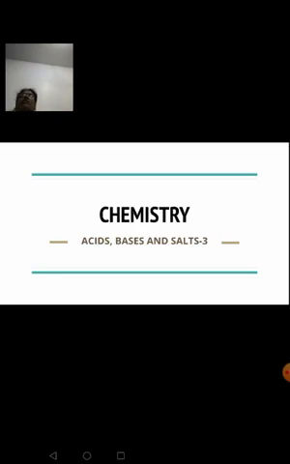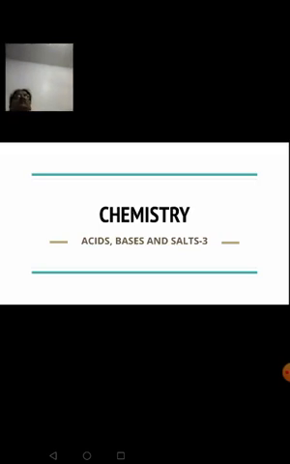And then we had learnt about the reaction of acids with metals. When acids react with metals, they form the corresponding salt and they liberate hydrogen gas. When acids react with metallic carbonates and bicarbonates, they form salt, water and they give out carbon dioxide gas. When acids react with a base, they form salt and water, and this reaction is said to be a neutralization reaction.